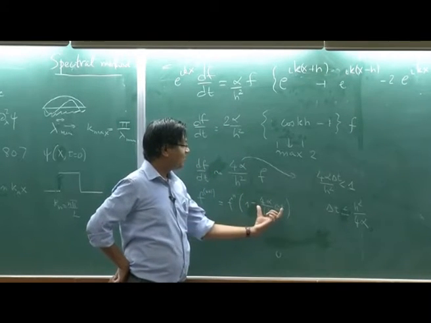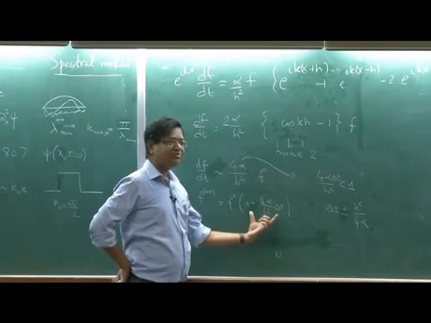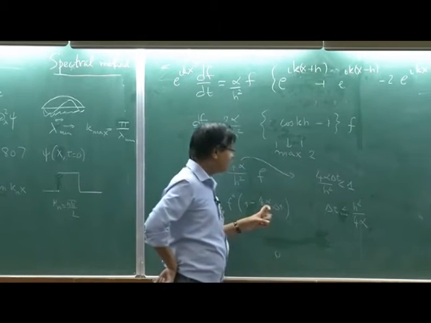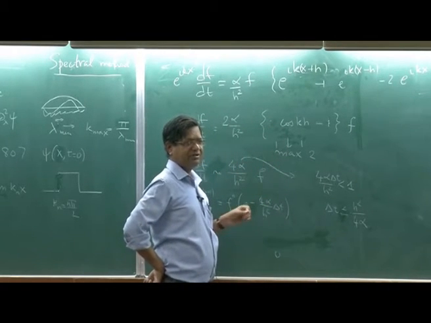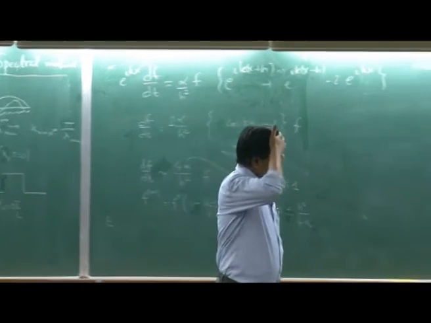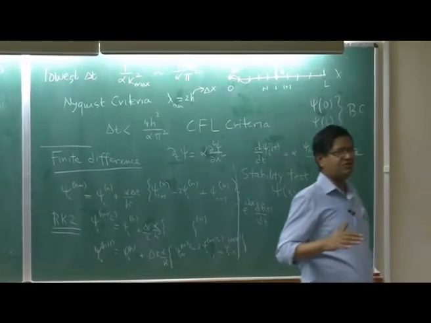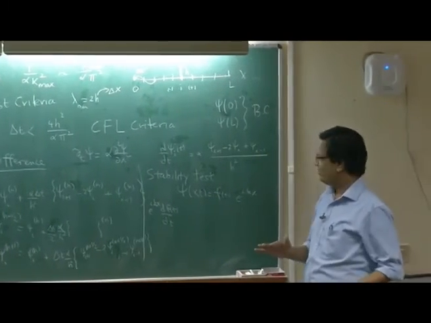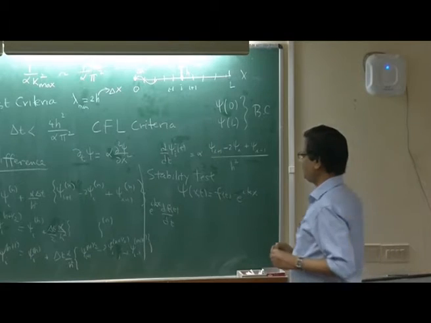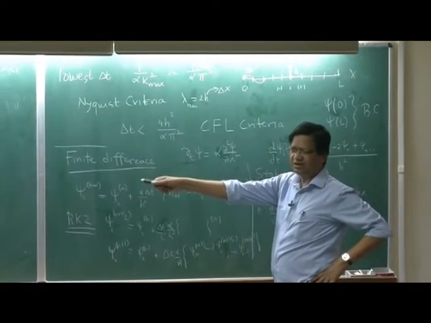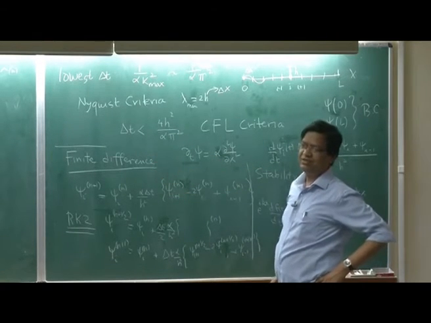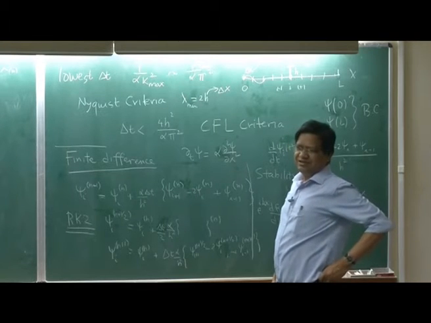So for large enough delta t, as soon as it becomes negative, like what I argued there, the problem comes. So that tells you the condition for delta t, in precisely the same way. Okay. So the diffusion equation you have to solve by Runge-Kutta second order, you will be reasonably safe. Again for delta t, you just follow that criteria. Even for Runge-Kutta second order, just use that criteria. You can do better, but it's safe.